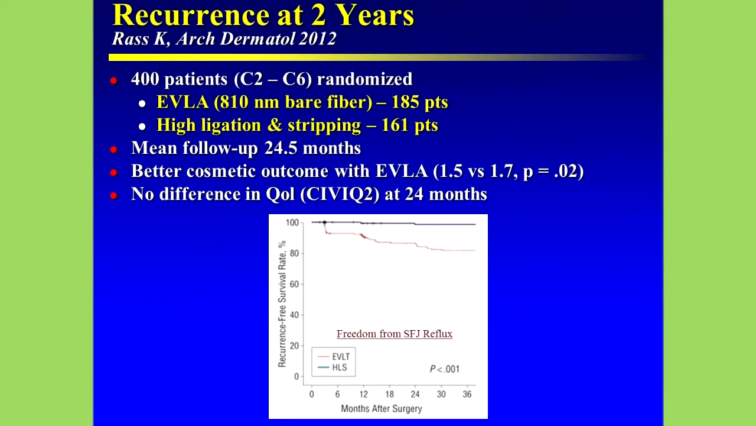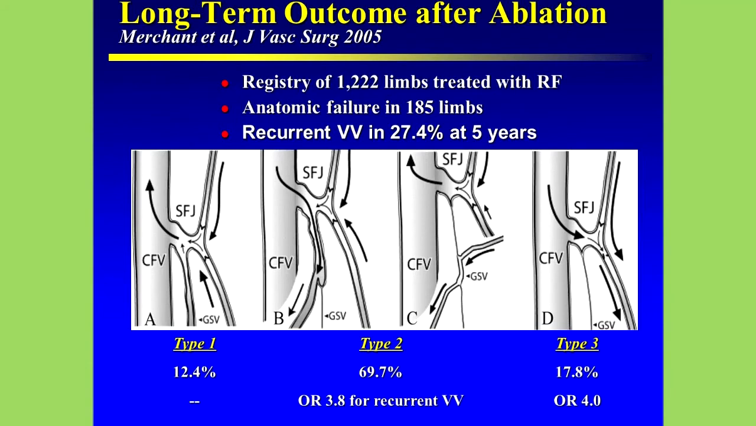The first is type 1, which was just a failure. Oops, I'm sorry, my slides changed there. A failure of the ablation in the first point, and this really wasn't associated with an increased risk of recurrence. Type 2